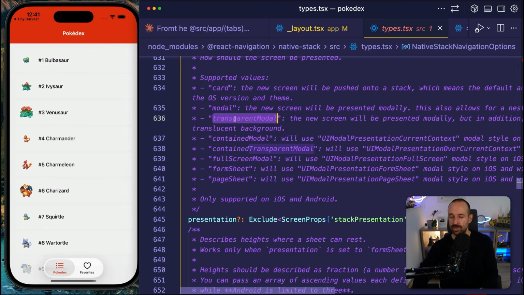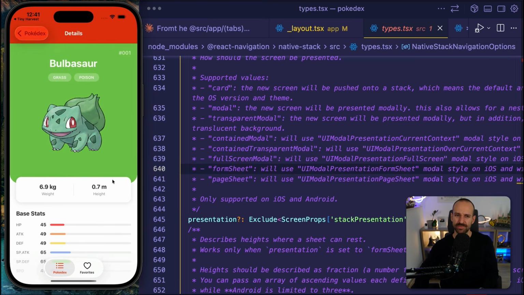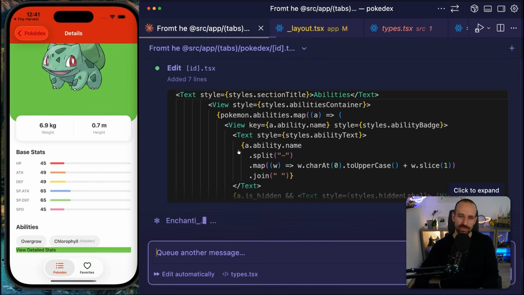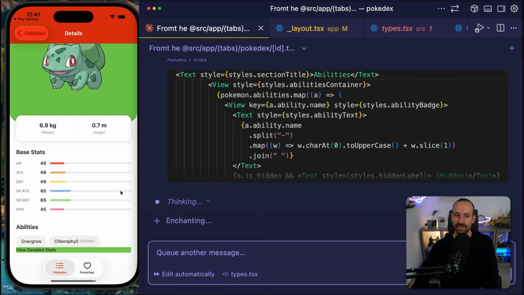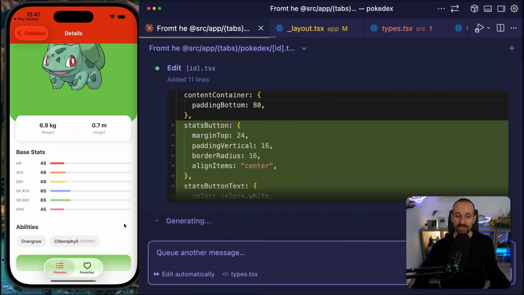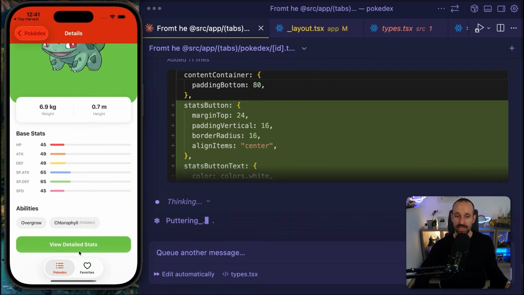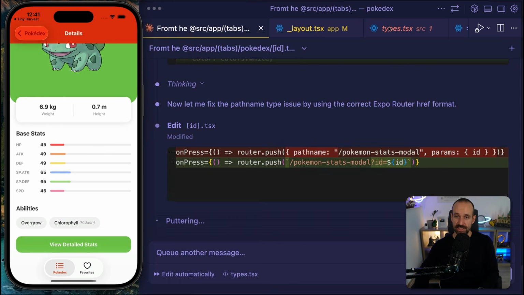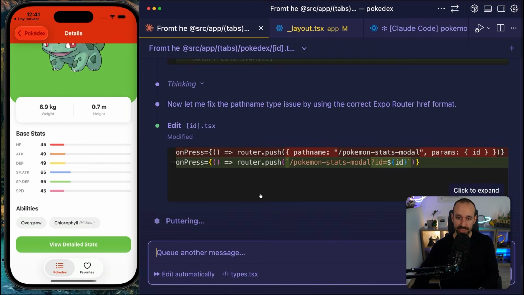Especially transparent modal is interesting if you just want to have something with padding top and bottom that just lays over your content. But the form sheet is actually sort of like a newish thing, I would say, from Expo Router, because at this point it actually gives you a native bottom sheet. So if I click this button here now, view detail something,